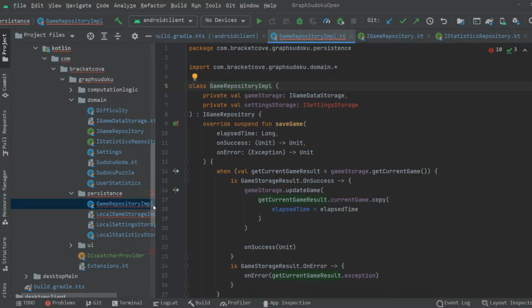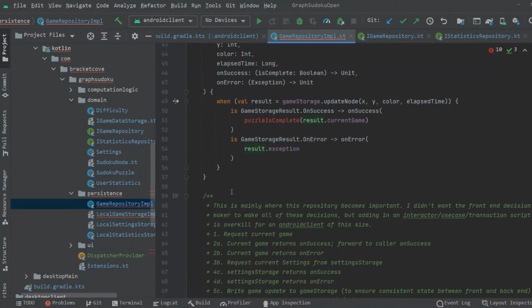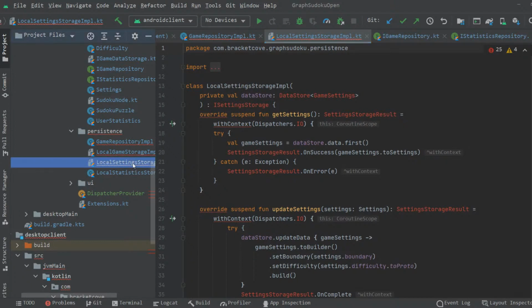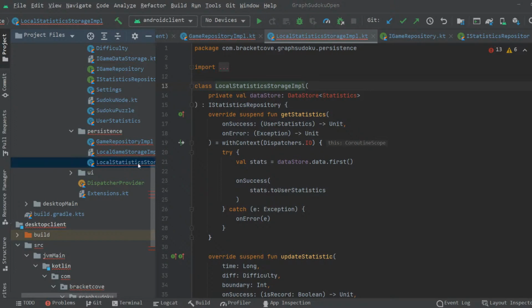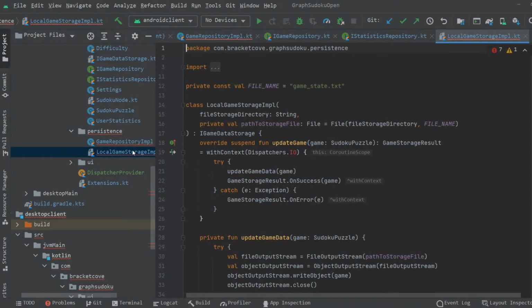I'm just going to leave this code alone for now, and we're going to start from scratch here. This is DataStore specific stuff, so we can just get rid of that. I think this is also DataStore. Yeah, we'll just get rid of that. A lot of this stuff is not even really usable. We could actually use file storage, but I think we're just going to go with